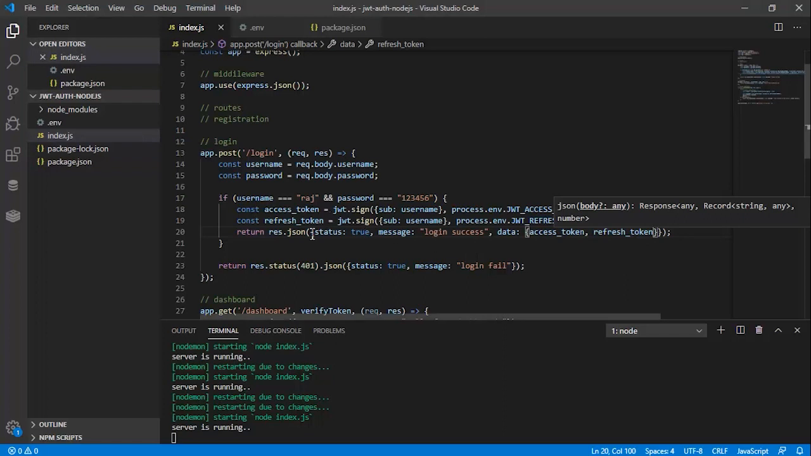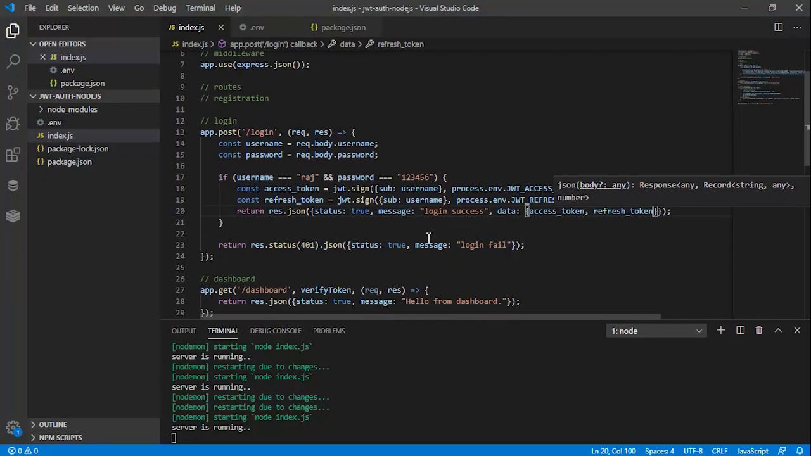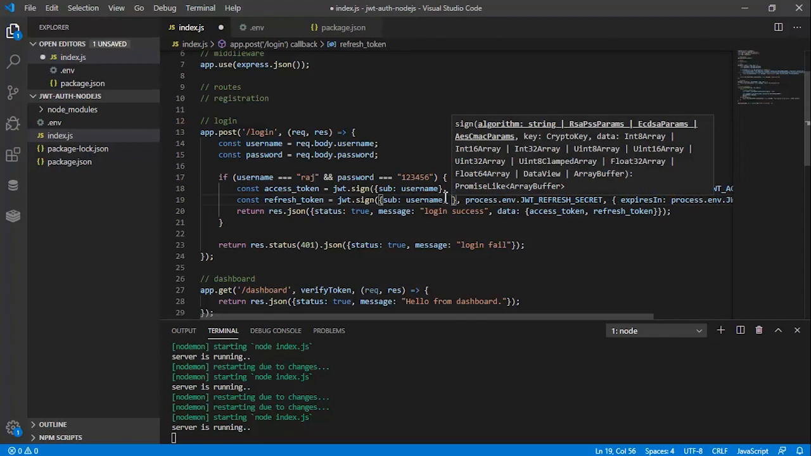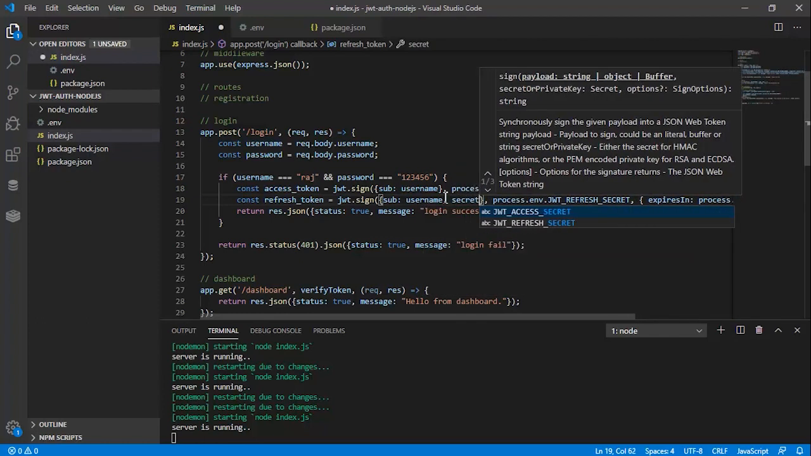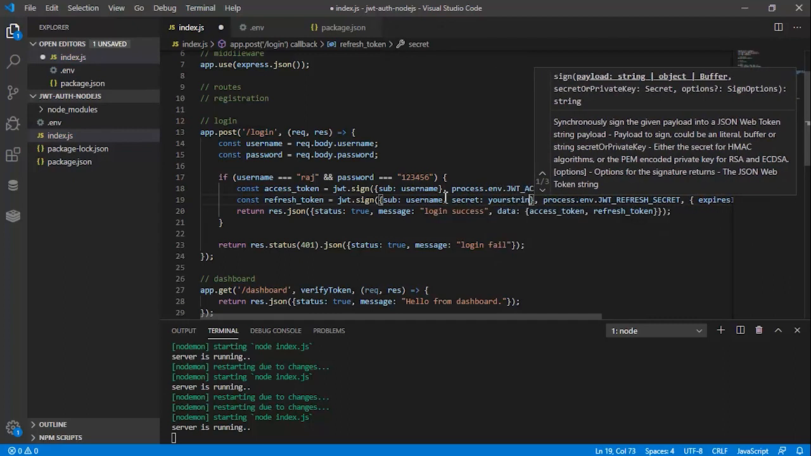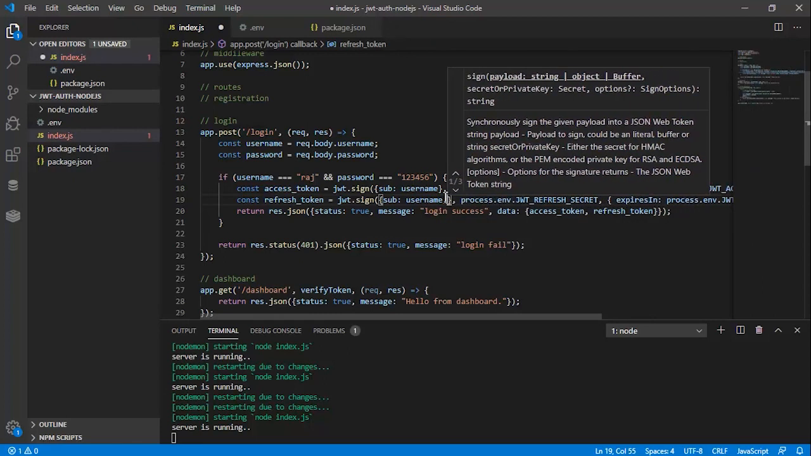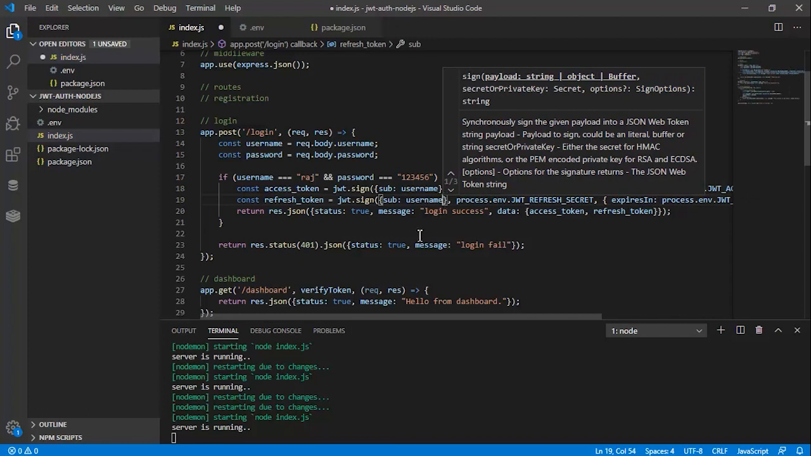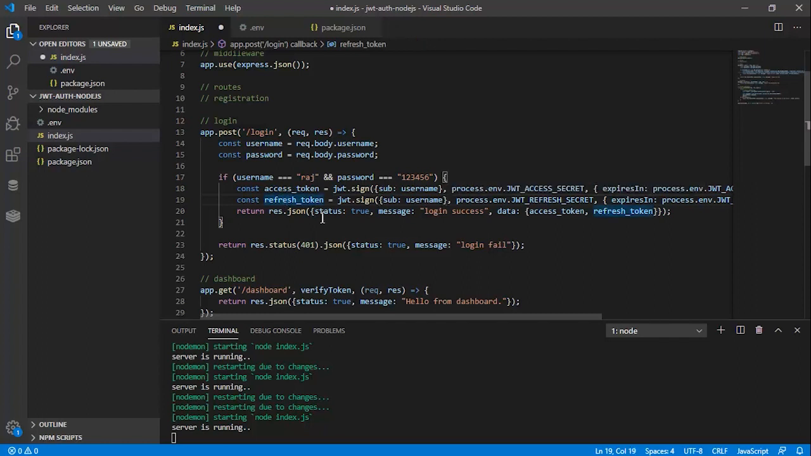So you can see generating a refresh token is similar to access token. If you want to use a UUID or any unique string, you can add it right here, say SEC secret, and your string, whatever string you have, but I will not be using that. And now say you have logged in and generated the refresh token, but how will you get the access token